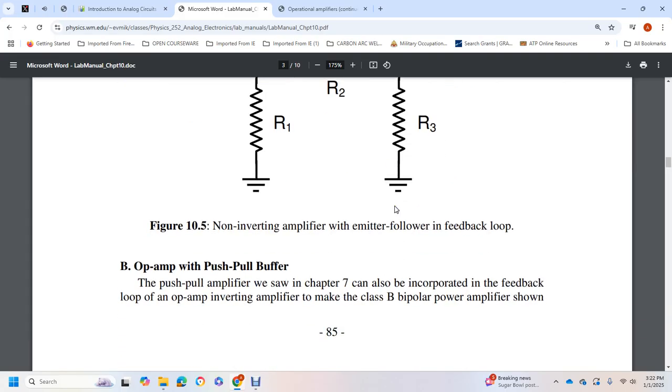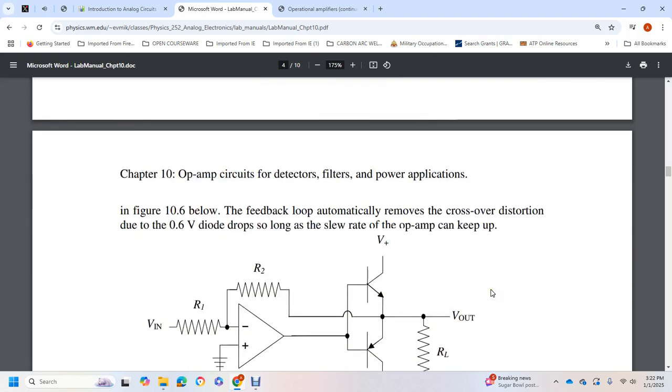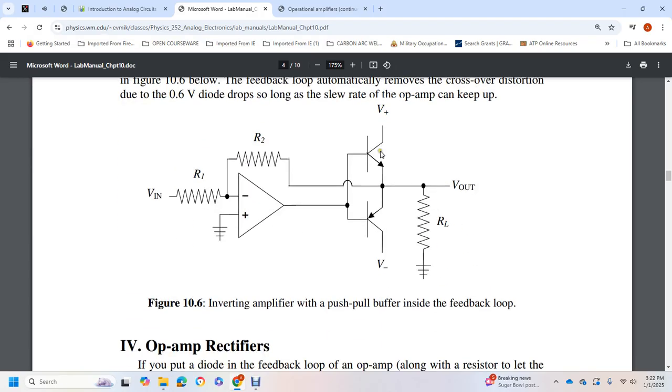B. Op amp push-pull buffer. The push-pull amplifier seen in chapter 7 is incorporated with the feedback loop of the operational inverting amplifier, the class B bipolar power amplifier shown in figure 10.6. The feedback loop automatically removes the crossover distortion from the 0.6 volt diode drop, so long as the slew rate of the operational amplifier can keep up. So over here we have the